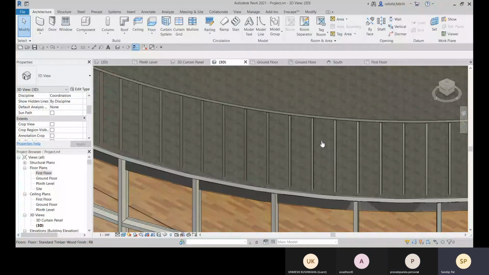So the vertical profiles are called baluster, which are placed in railings. All the vertical profiles in railings are called baluster. Okay, sir.